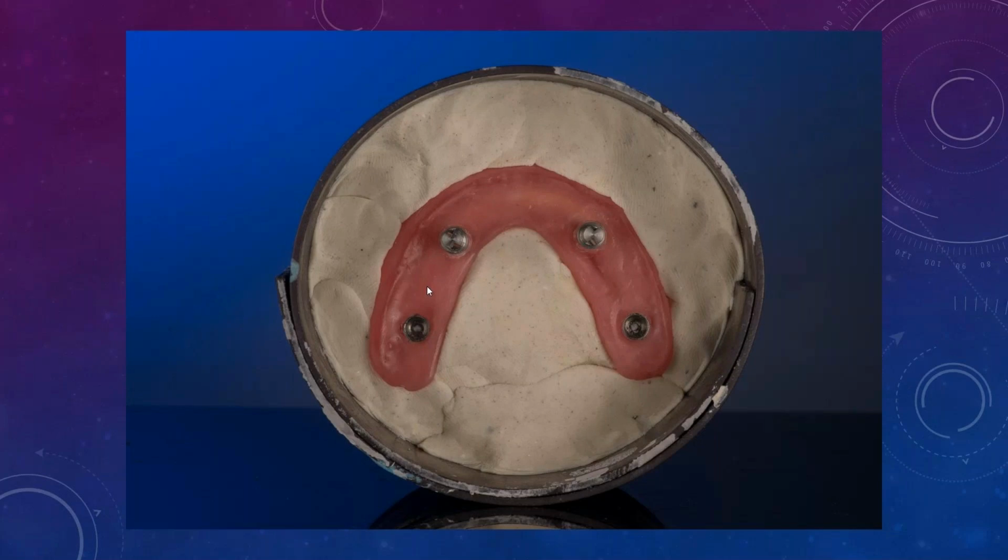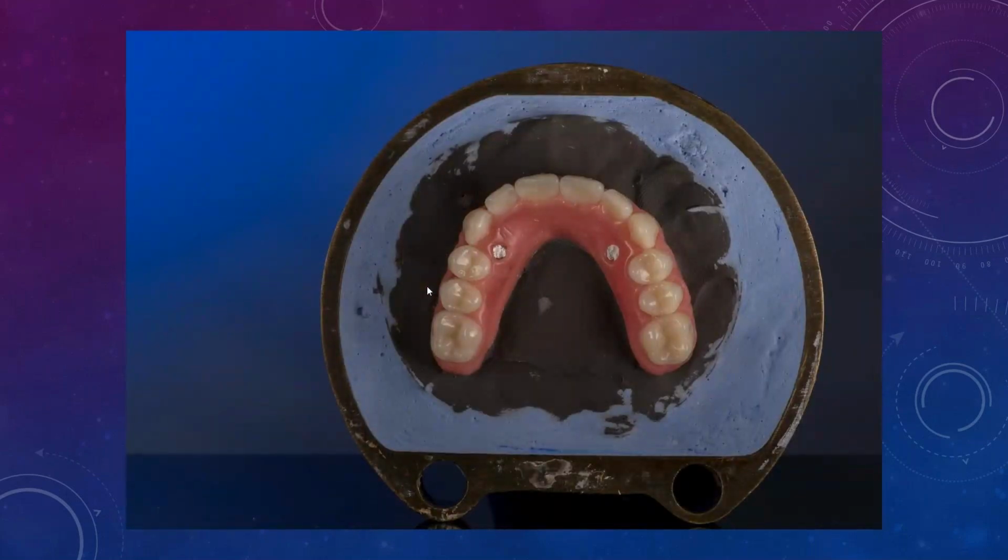I know a lot of people started doing it that way right from the start, but it took me a little bit to get to that point. So basically, this is how I used to process. I still use brass flasks when I do things, still the old-fashioned way. I'll do the first pour. But when I do the second pour,